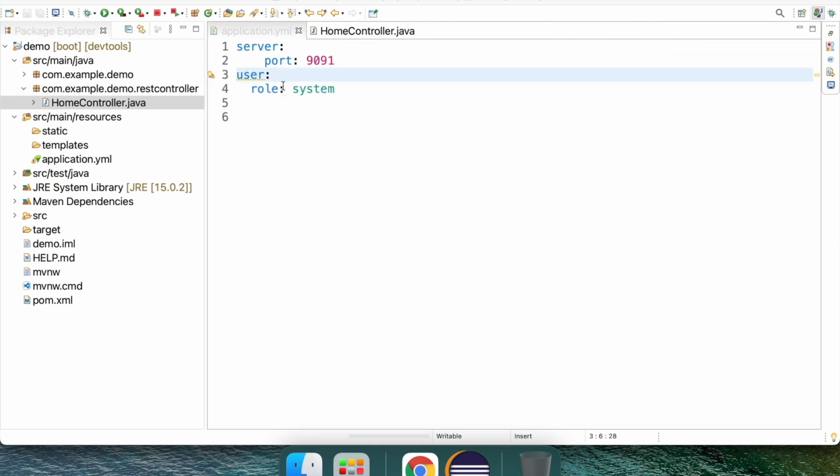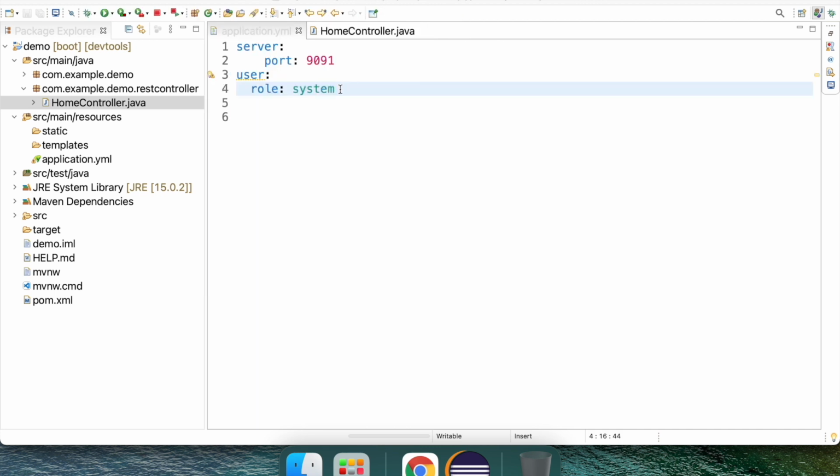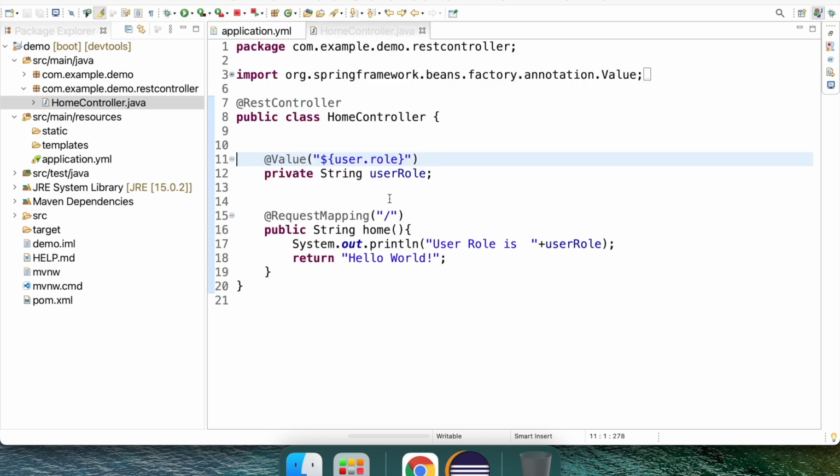So for now we have taken the string value. So let us give another value with a comma separation, and this user might have system and admin. I wanted this not to be comma separated. I wanted this to be in a string array. So what I can do is put here String array and click on save.